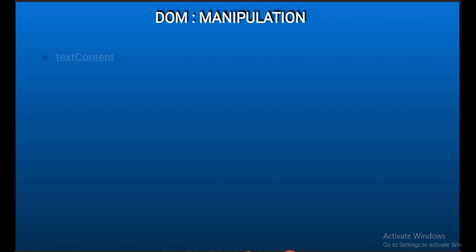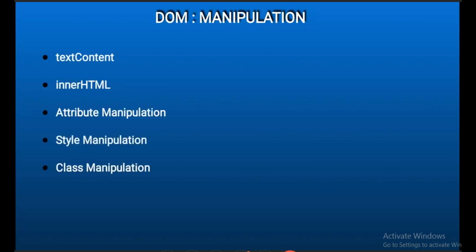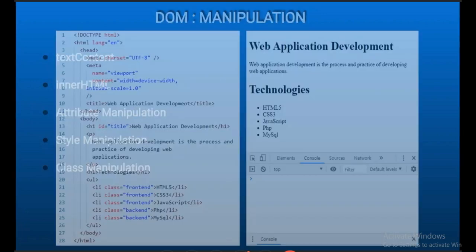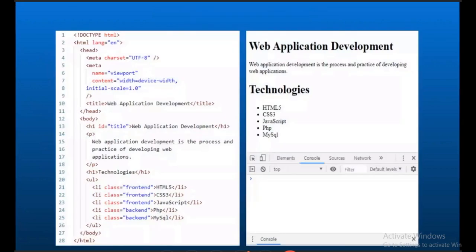Okay, so first of all, text content. We can assign this selected DOM element to a variable named head. So var head, not warhead, variable head, is equal to document.getElementById title. So that particular element will be selected and that reference will be stored in that variable head.